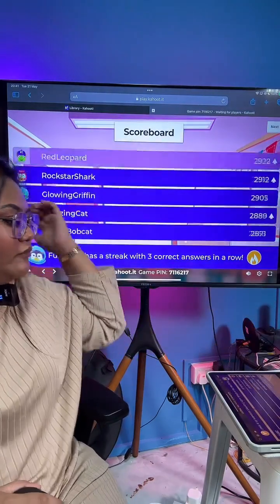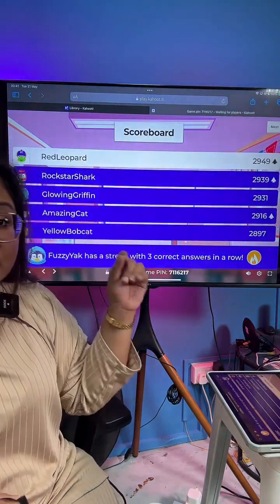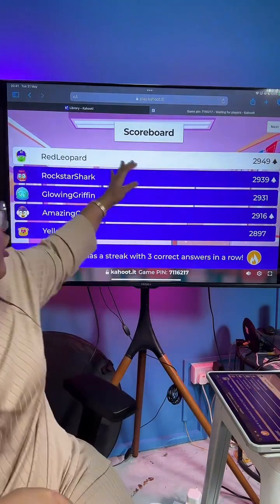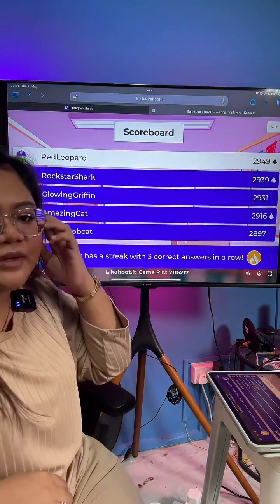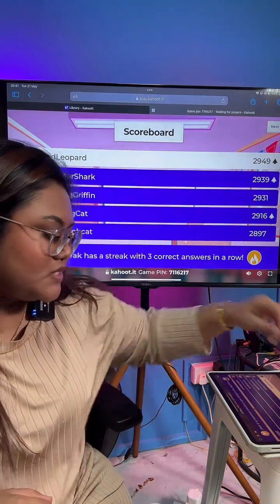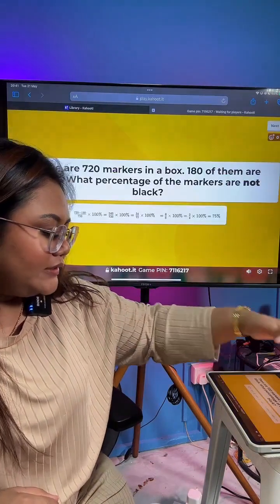Alright, so this time around, red leopard is the first one. You all realize, the top leading person keeps changing every time. So you guys have to remember speed is also important, okay? Alright, so let's go through the